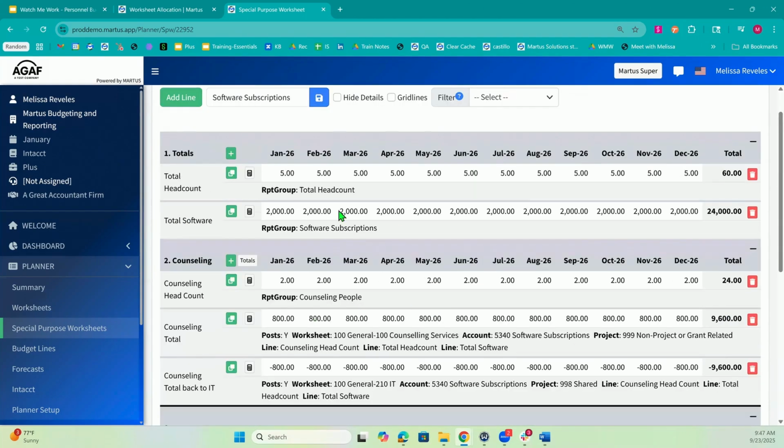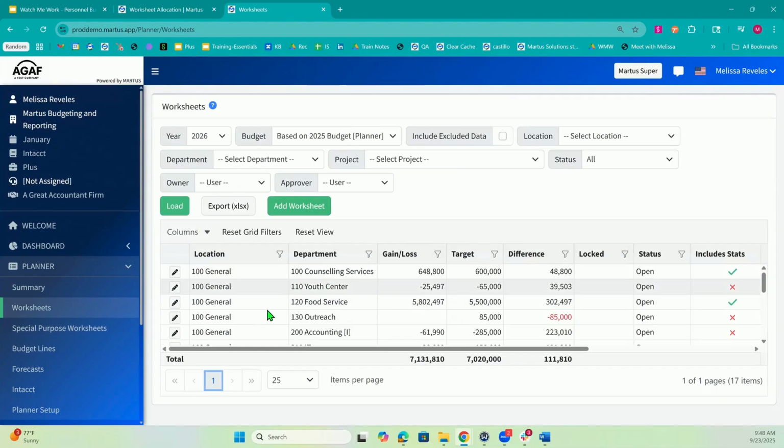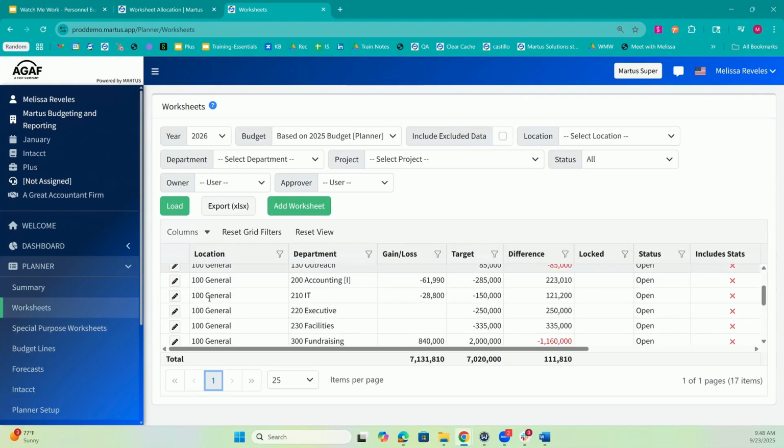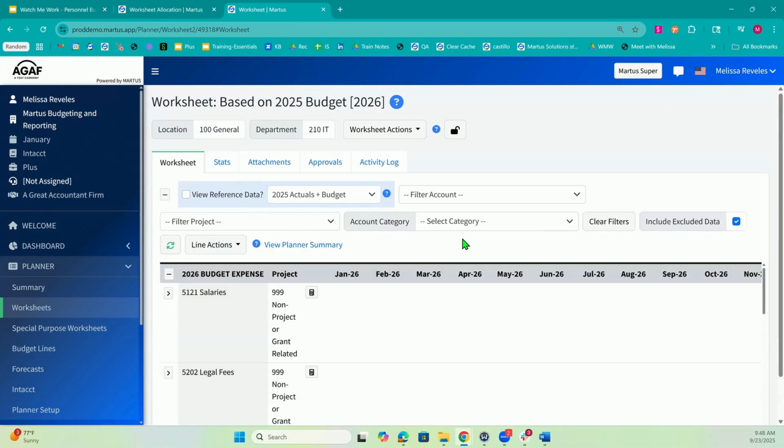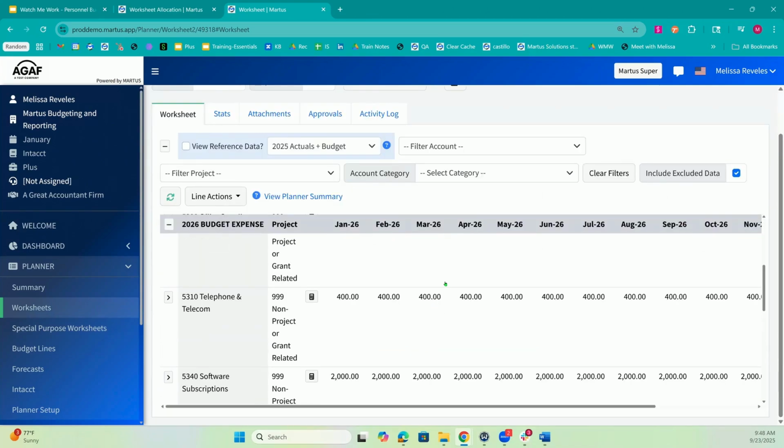The benefit of doing it this way, that when I come back over to my worksheets and you are coming in to our IT department and the IT guy comes, maybe this is next year, maybe this is this year, and he goes, oh, I totally forgot to include one of my software subscriptions in this. And he comes in and he goes, okay, well, now it's going to really be $3,000 a month, and hit save. All that I need to do for my special purpose worksheet now is come down, and it still says $2,000